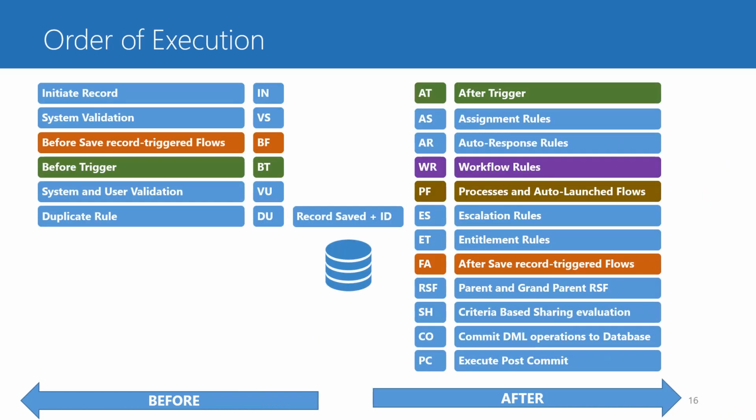And finally, again, this is the whole list of the order of execution steps and events. Please make sure that you fully understand it, that you fully get the meaning of each step. It is used every time a record is saved, so understanding this order is critical. You can also print this out and review it